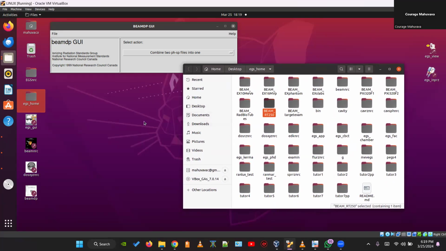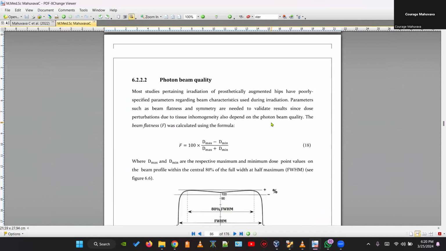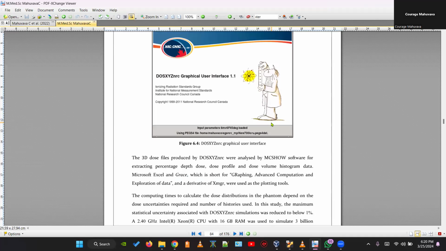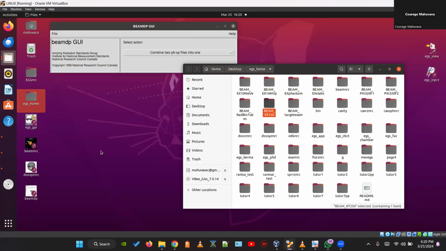Now let's assume you have modeled your linear accelerator or X-ray tube or whatever. Then now you want to model the dose in the phantom. So let's quickly look at DOSXYZ and look at how it models the dose. All right. So I've already given you a theoretical background here. There are some manuals that are used for BEAMnrc and DOSXYZ. All right. I will share them with you in case you want some extra data. And I'll share with you as well my